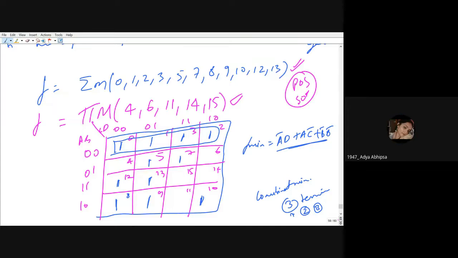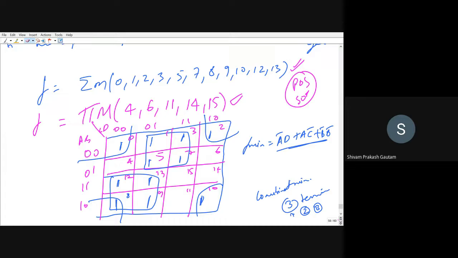So we will do like in the previous problems we did. The previous problem was somewhat like this: this was the first cell, this was the second, and this was the third. But here 0, 1, 2, 3 is already covered, so that was redundant. It means it is being repeated. Because 0, 1, 2, 3 is already covered in this combination, and this is the expression for that.